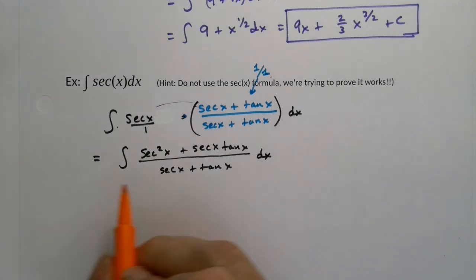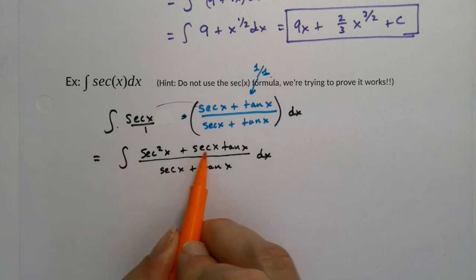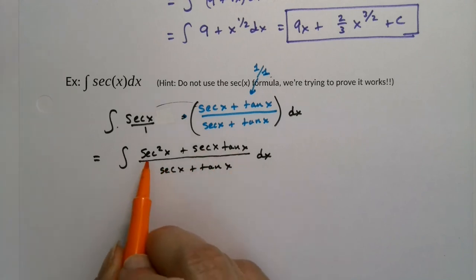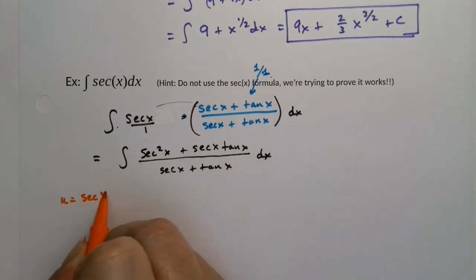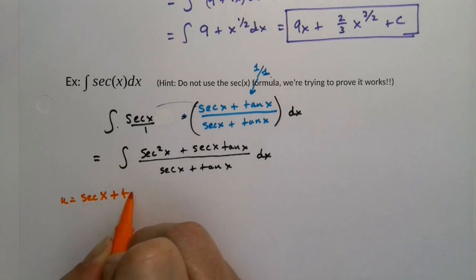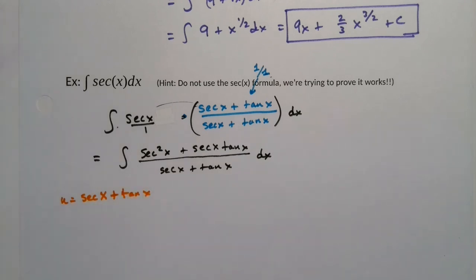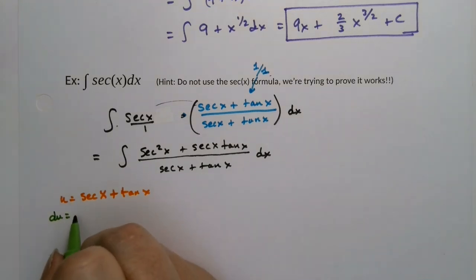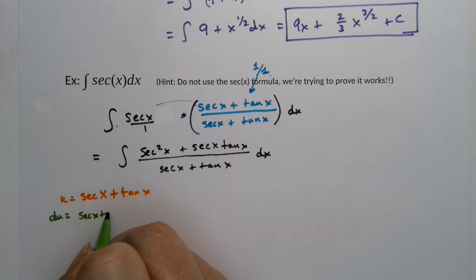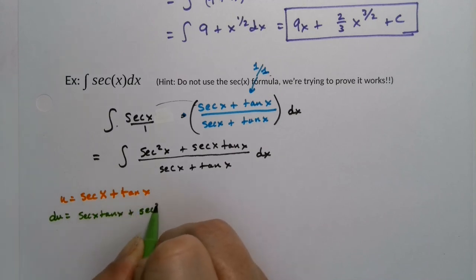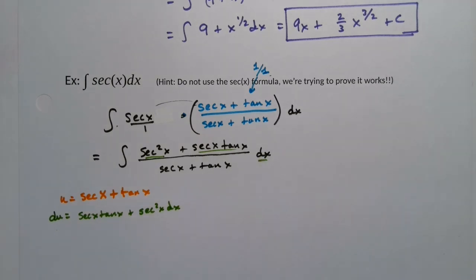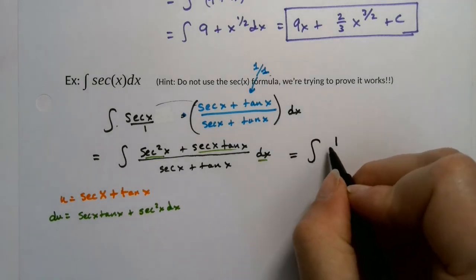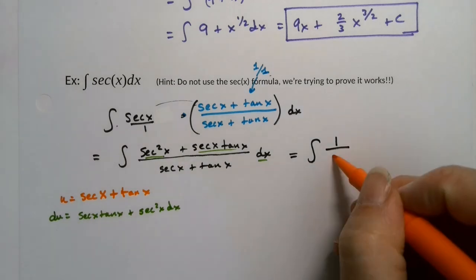Oh, but it did. Because the derivative of secant is secant tangent, and the derivative of tangent is secant squared, which means I have a u substitution. U is the denominator. And then du is the numerator. It's secant x tangent x plus secant squared of x dx, which is all of this. Therefore, what I really have is the integral of 1 over u du,